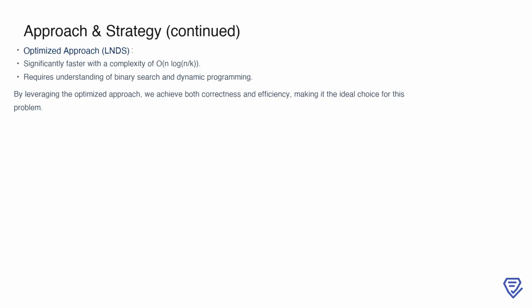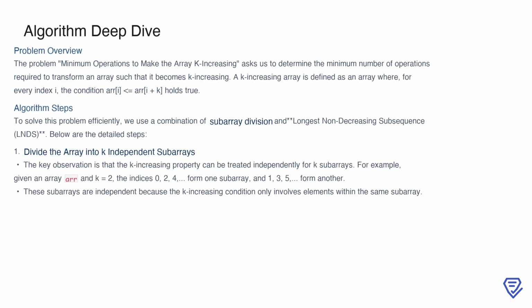This approach demonstrates how a deep understanding of the problem structure can lead to a dramatic reduction in computational cost, enabling us to solve the problem effectively within competitive programming constraints. Thus, the optimized LNDS-based strategy not only meets but exceeds the requirements of this problem, making it the clear choice for implementation. The problem, minimum operations to make the array k-increasing, challenges us to transform an array so that